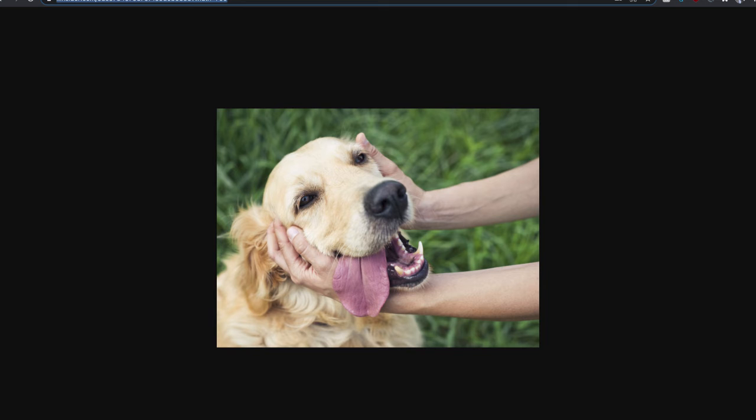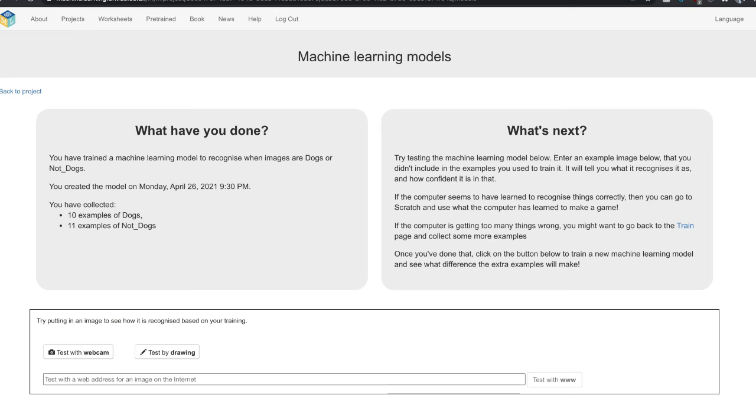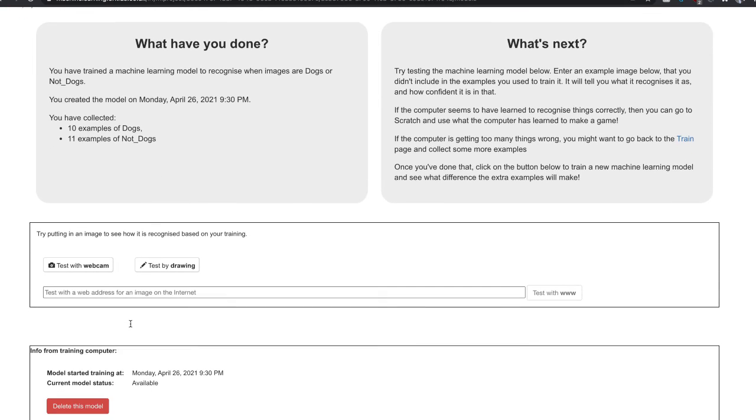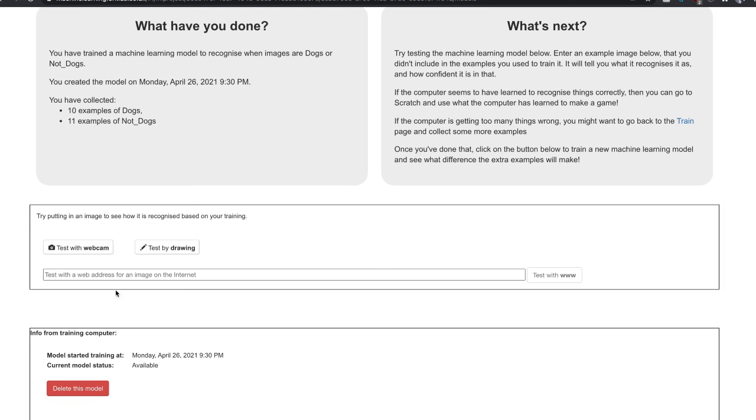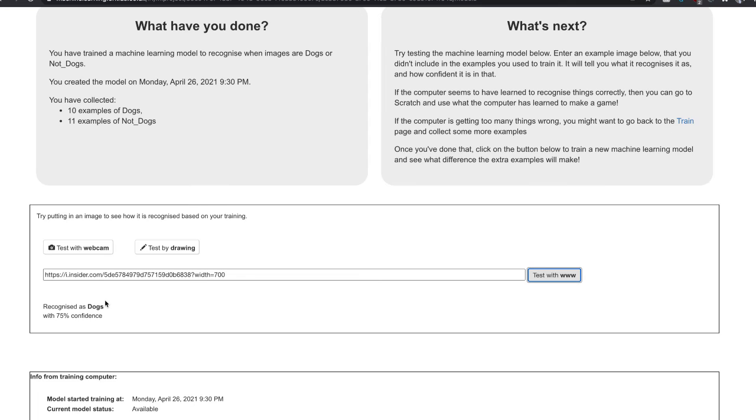For example, I have a picture of a dog here that I did not use to train my model. Now, when I come down here into this testing area, I can use that website with the new picture of a dog and test whether or not it thinks that that's a picture of a dog. As you can see, our machine learning model said that this is a dog and it's 75% sure that that's the right answer. Now, this percentage will vary based on how many pictures you include of your object and how varied those pictures are. For example, though, if I were to reuse a picture of myself,